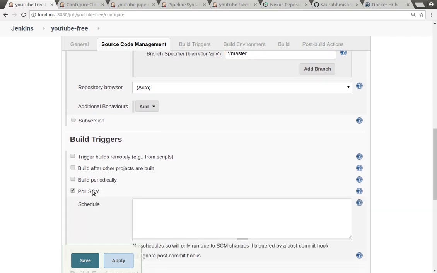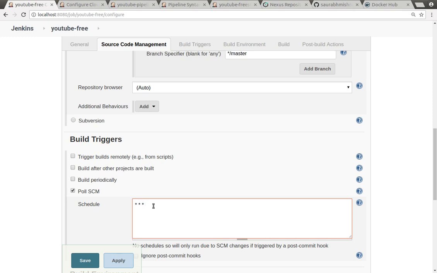Basically, Poll SCM keeps looking for changes inside your Git repository, and whenever anything new changes, it takes those changes and builds the application. Here I can provide a cron-like expression, for example five stars.